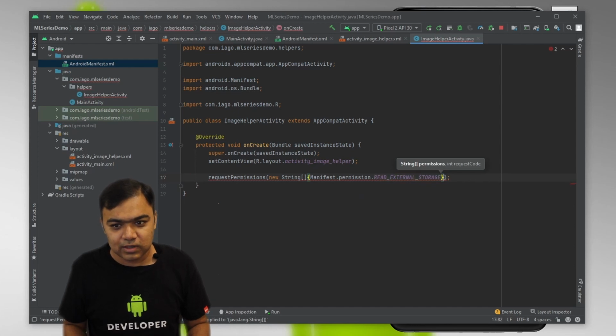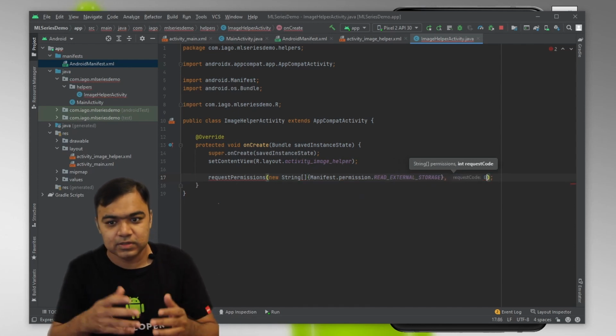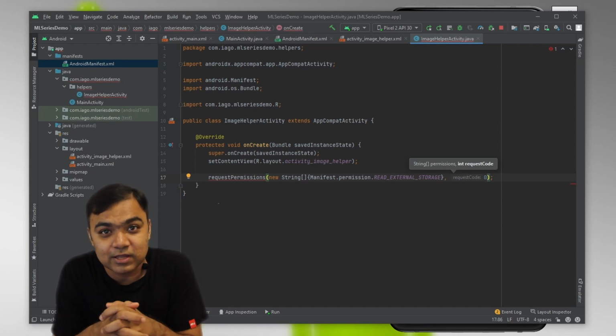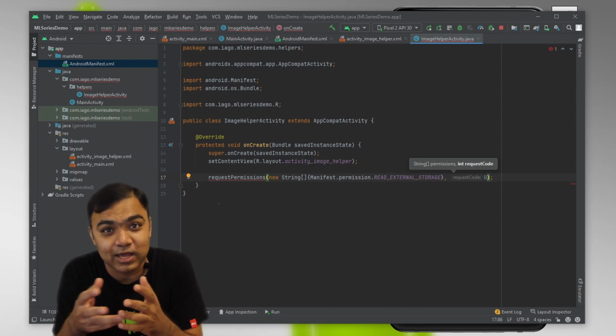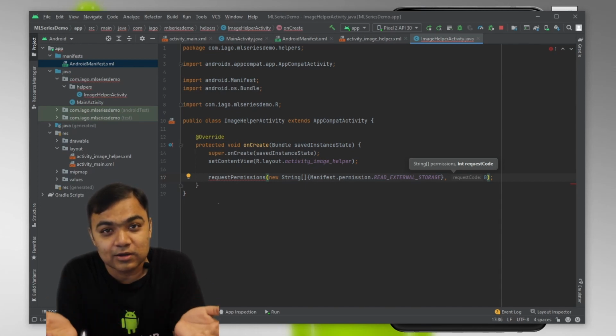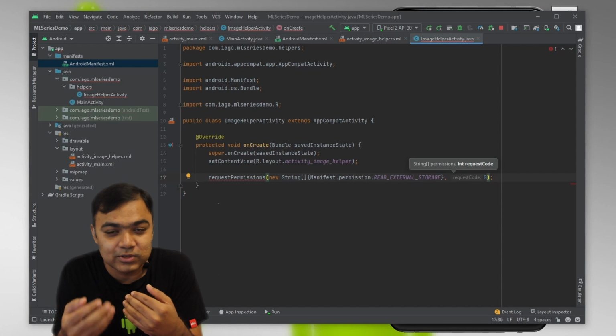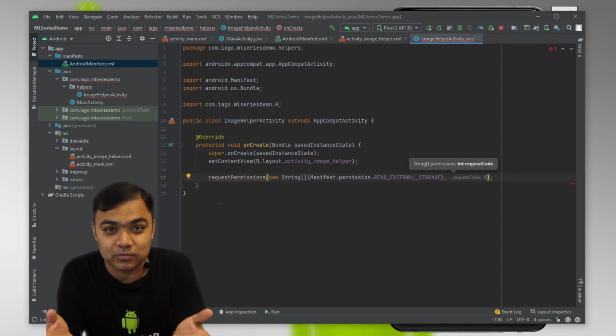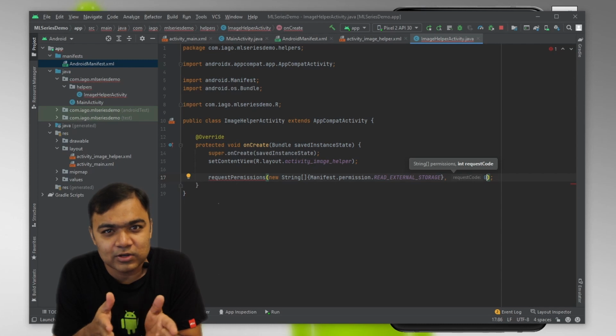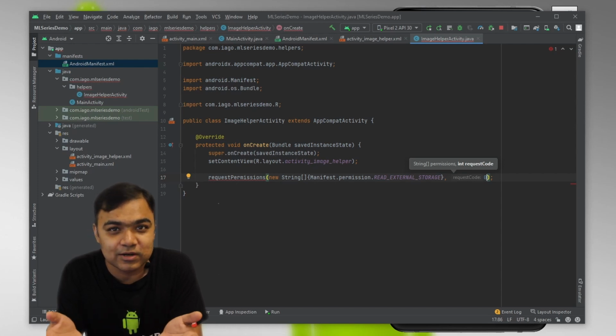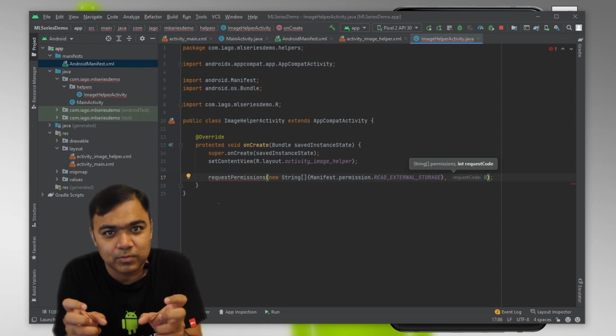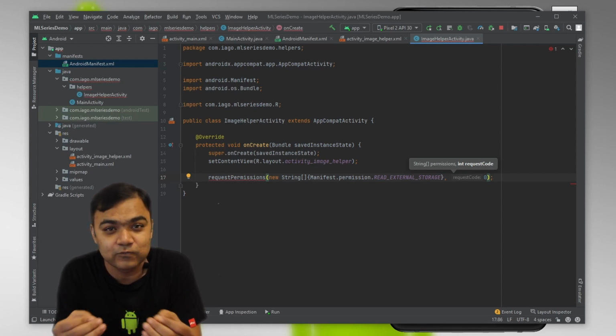So the permission that we require here is READ_EXTERNAL_STORAGE, which means that we are asking the user to grant access to his gallery or to the entire storage, which can include his downloads, his gallery, photos, music, videos, everything, because Android does not grant you specific permissions only for photos or videos. We get permission to read each and everything. So with this permission, the app can actually read all the files on the device. So that is why when this pop-up comes, the pop-up says access to files and not photos.